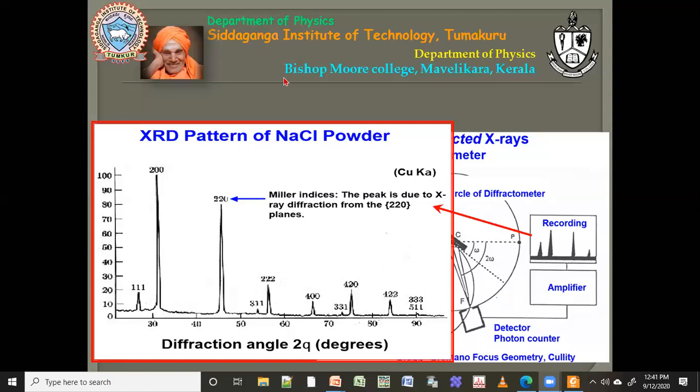And how do you know this is 2.8? You can do Mohr salt titration because it is iron, and you get the oxygen stoichiometry. Also, as I told you, the structure is a bit different. If it is 3, then it is cubic. If it is 2.8, then it is something like tetragonal or orthorhombic.